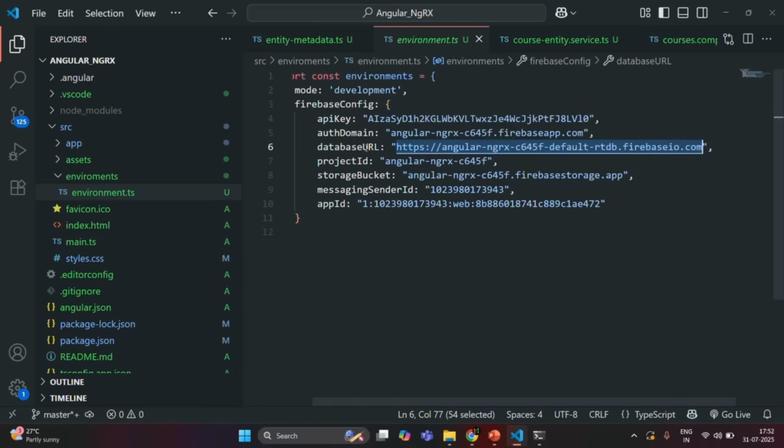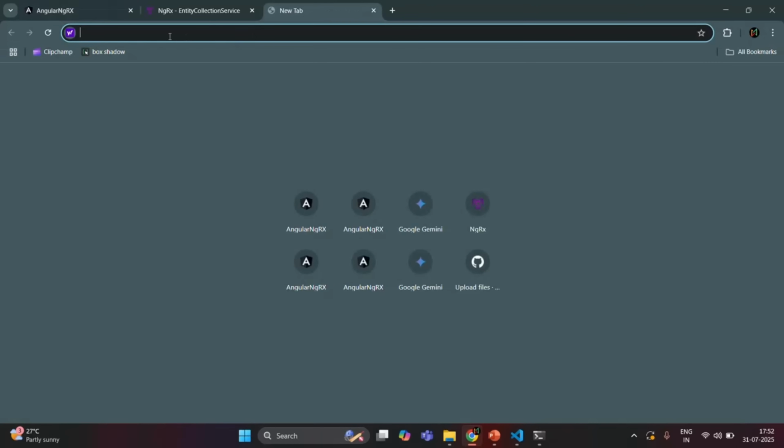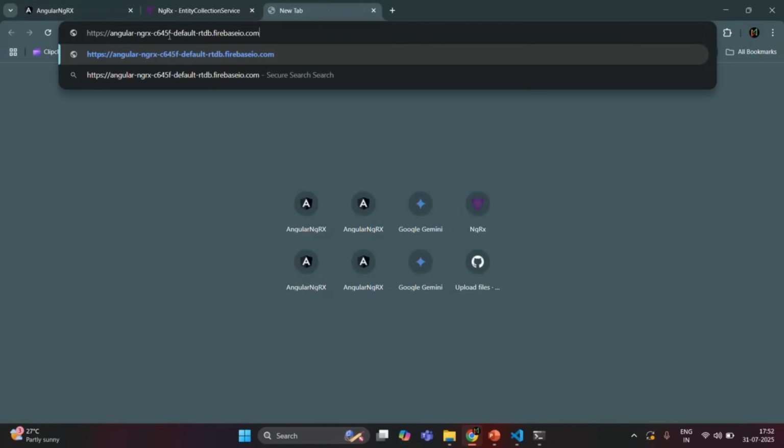Basically, this is the database URL, and in order to fetch data from this database, this is our endpoint. And since we want to fetch the courses data, after this endpoint we need to specify slash courses.json, and it will return us all the courses. So we need to fetch data from this URL. If I copy this and go to the browser and paste this URL, and after that say slash courses.json, and press enter,